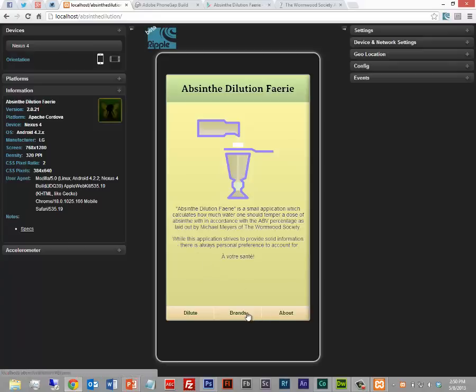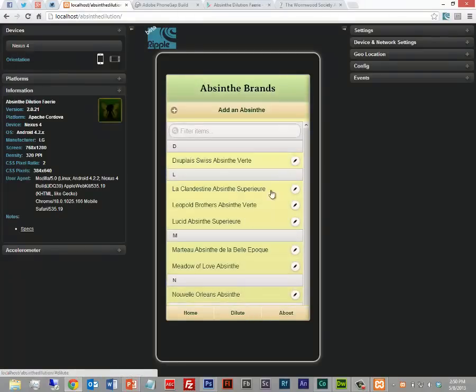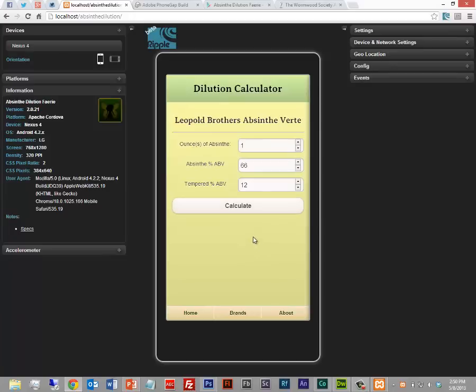So using this, I can go through and check out all my different brands. Maybe I've got a dose of Leopold Brothers absinthe right here, which is a locally distilled Denver absinthe, which is where I'm from. I can click on that and say, okay, I know this is 66 ABV because it's in my database correctly.